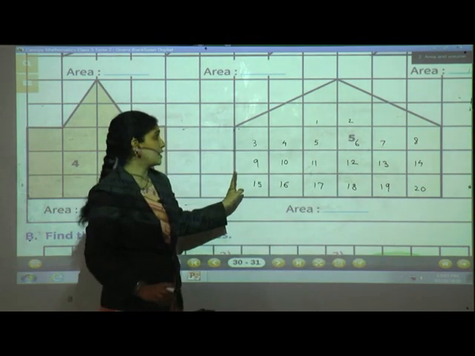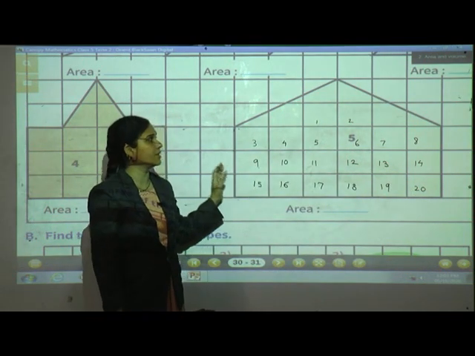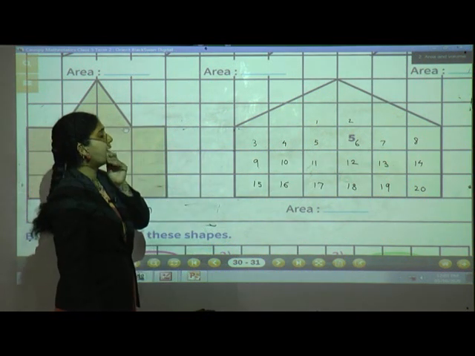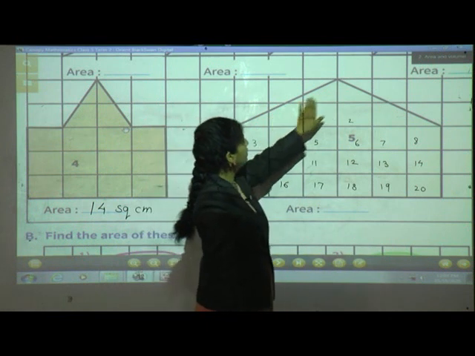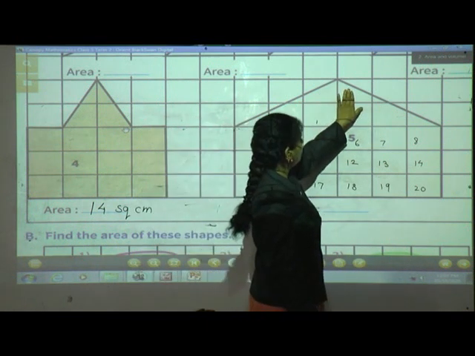Yes, students? Here are 20 full squares. Now find half squares. Here 1, 2, 3, 4,